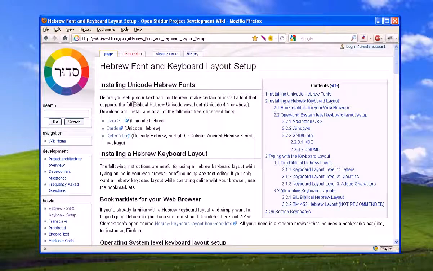Buddy Robert here, and today we're going to be discussing taking your English keyboard and doing a really neat thing with it. You can take it and be able to type in Hebrew characters. Now, this was a neat thing for me. I didn't know how to do this, but I found a website. Up here you can see the link,